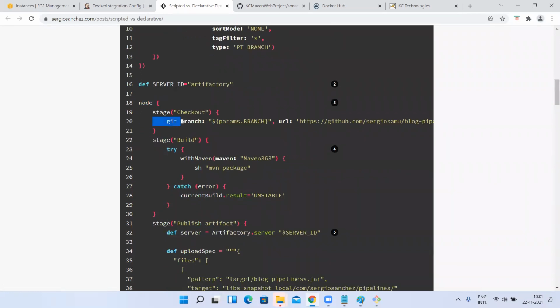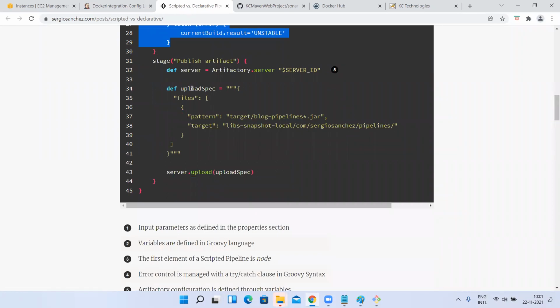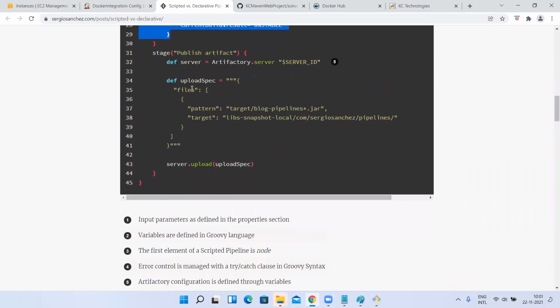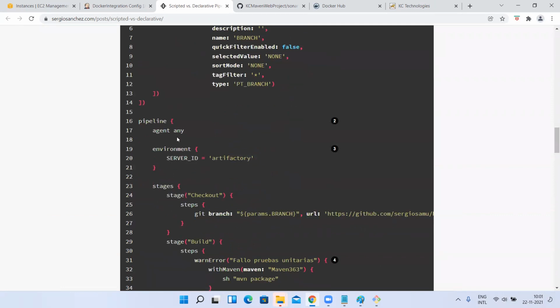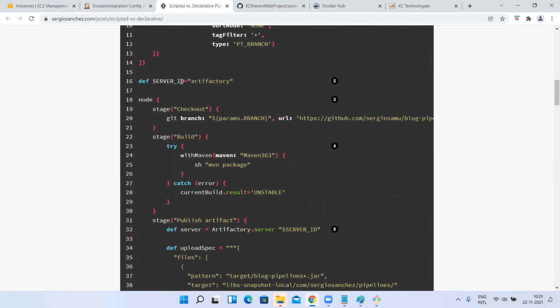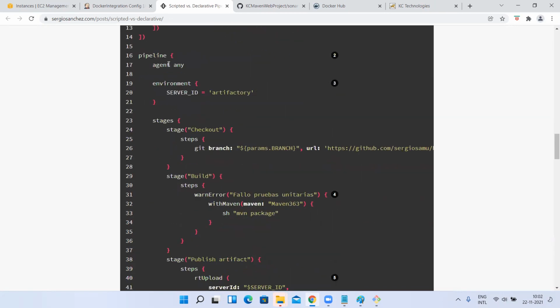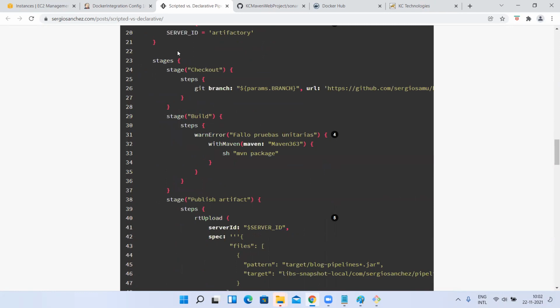See, I'm taking the code from GitHub, running Maven, and the try-catch block I'll explain tomorrow. First I'll explain this, and then I'll start Kubernetes tomorrow. Next, if it is a Groovy declarative script, it starts like this: pipeline, agent any, which means this pipeline script can execute on any slave anywhere. If you give the slave label name here, it will execute only on that particular node. If you want to restrict in a scripted format, you have to restrict here. If you don't want to restrict, you can leave it empty. In a declarative job, if you want to restrict, you restrict here; if not, you can give any.